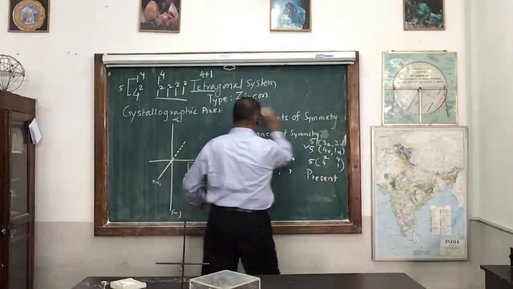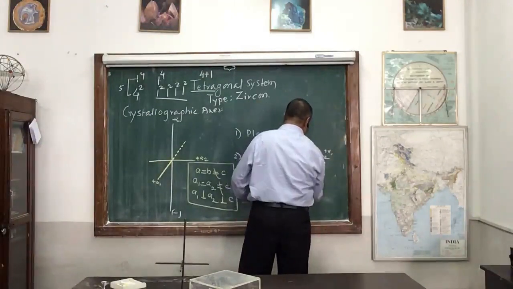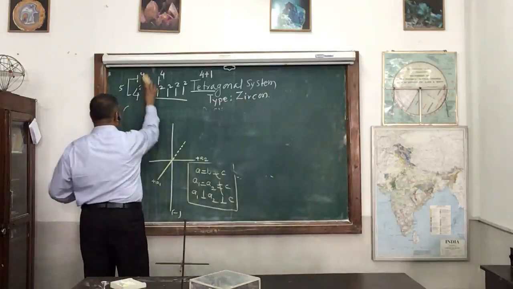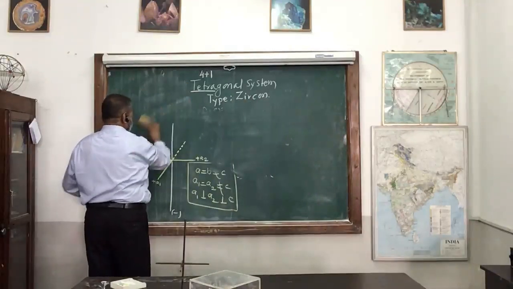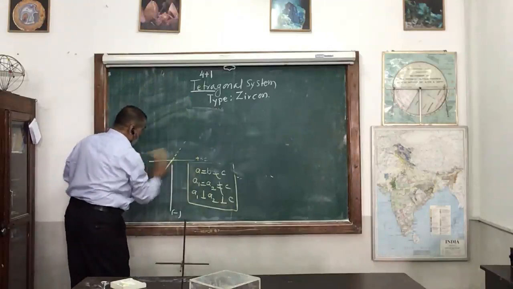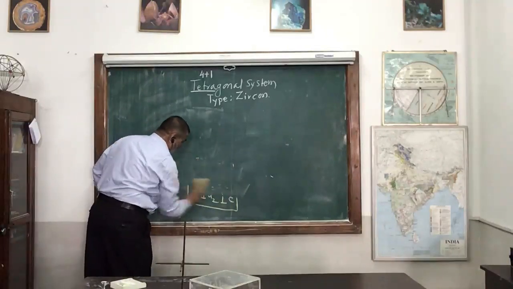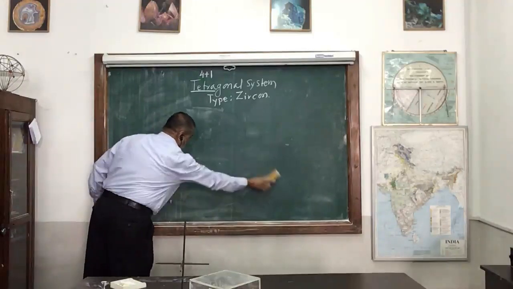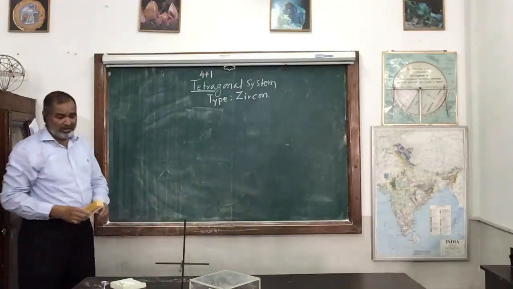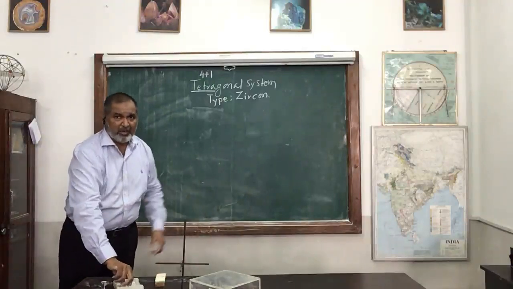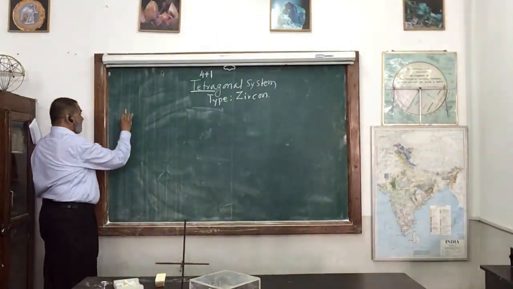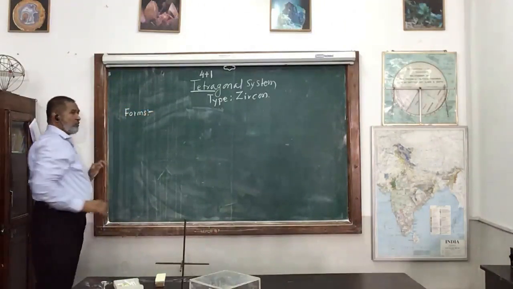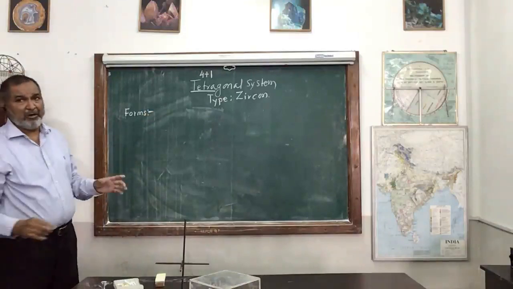Then the major part is out of the 3 marks, if the model is given for 3 marks. If you give this much information, what will you get? You will get 1.5 marks. If you have not written 4 of 2-fold and 1 of 4-fold, half marks will be cut, so you get just 1 mark out of the 1.5. The remaining 1.5 of the 3 marks will be given for the forms of the tetragonal system. Whatever the model is, in that model, whatever forms are there, we have to write down the forms.